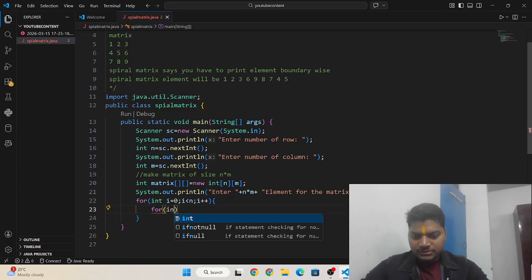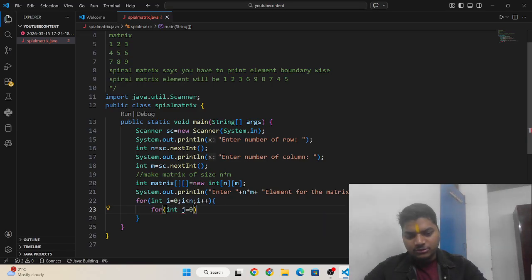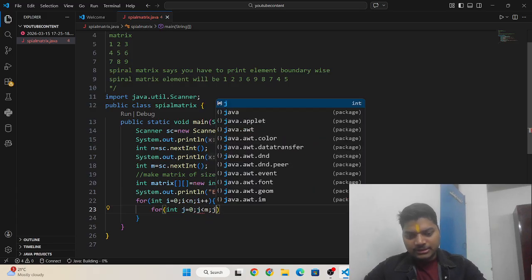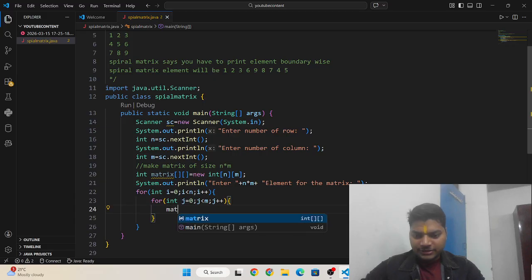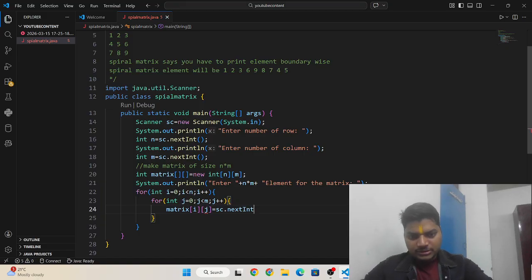For int j is equals to 0, j less than m, and then j plus plus, and then here I need to write matrix i j, and then sc dot next int.